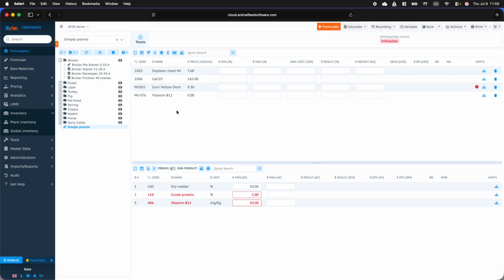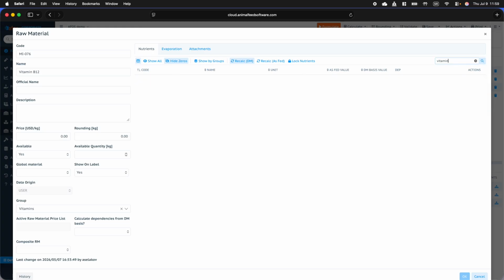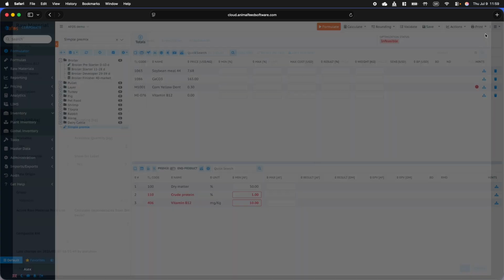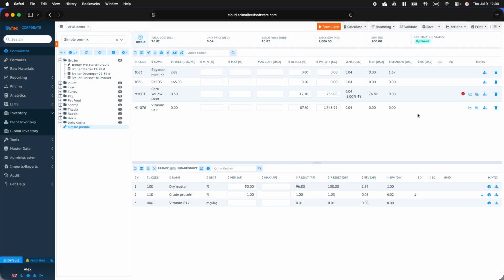We cannot have... Do we have a configured vitamin B12? Let's troubleshoot. We actually don't have it configured properly here. So we will go like this, just to show the point. So when we go now to save as a new raw material,